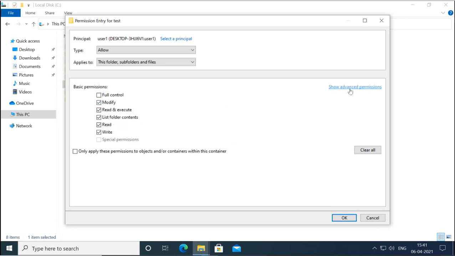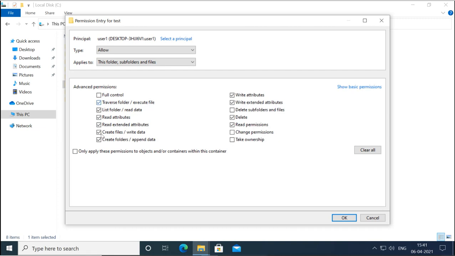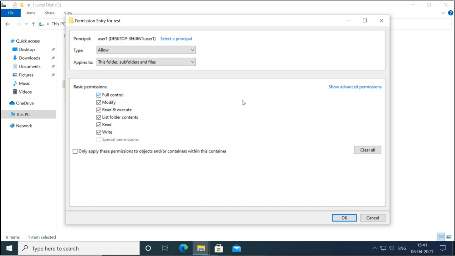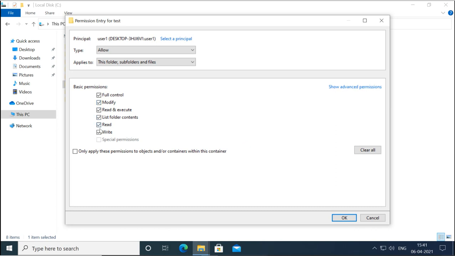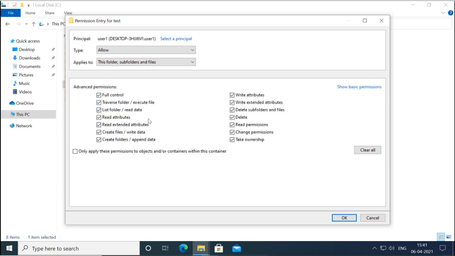Now when you give advanced permission, modify permission, now that means what? That means with all read and write permissions, you can delete files, but still you cannot delete subfolders and files, and you cannot even change permission and take ownership. But when I give full control, now that means everything. That means every permission you can have, you can change permission, you can take ownership also. So when you are in basic permissions, you have these options, and when you want to assign permissions in detail, then you can go for advanced and you can assign exactly what you want.